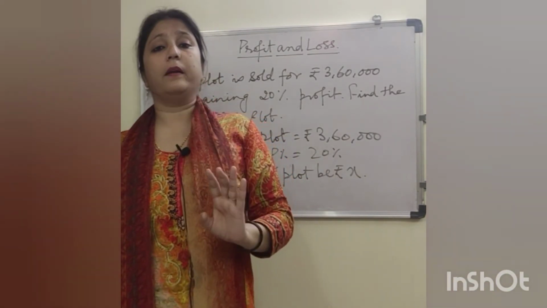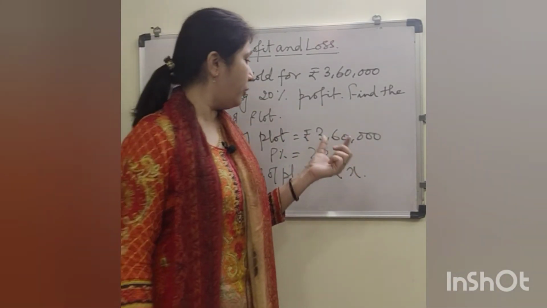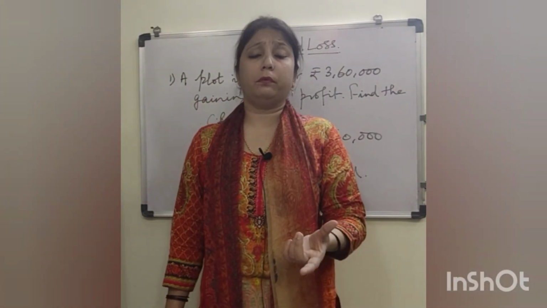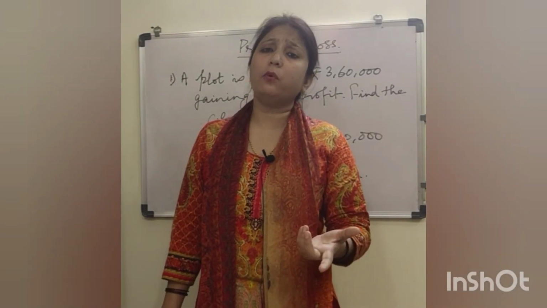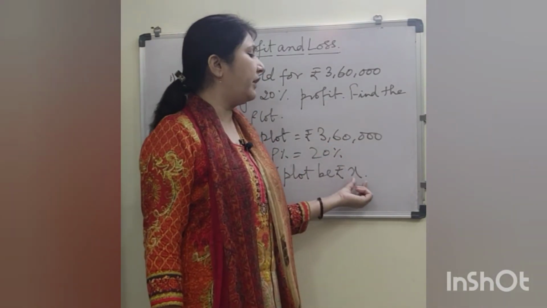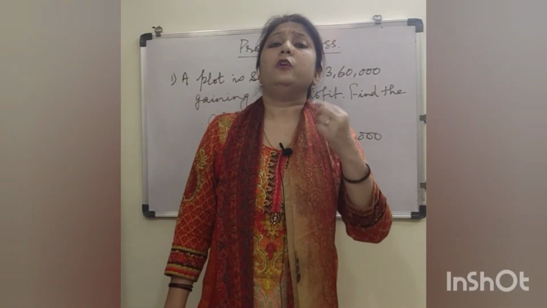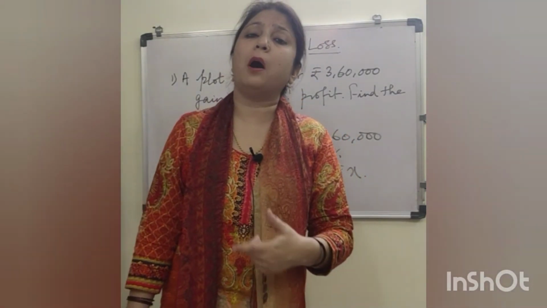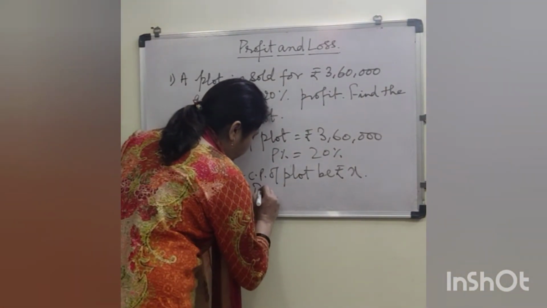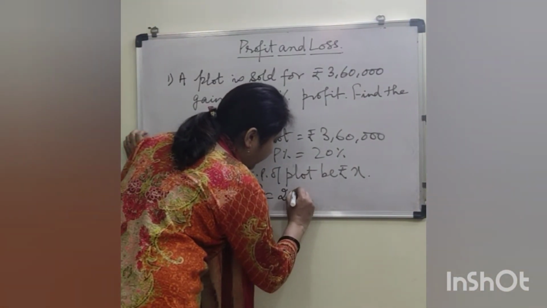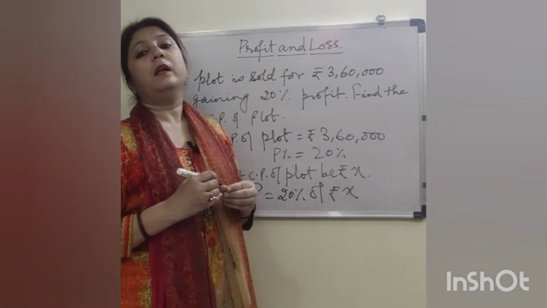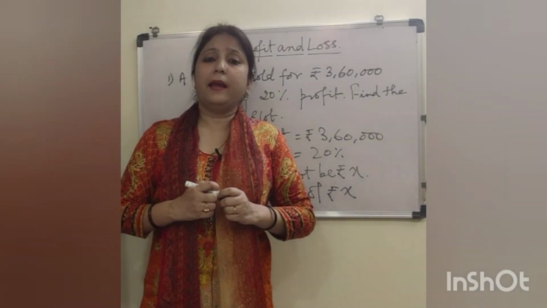You cannot add. So for that you have to convert this percentage into an amount. So where to go to convert it into an amount? You don't have to go anywhere. Whatever is your CP, you calculate that much percent of the CP, your percentage will convert into amount automatically. Like your profit percent is 20%, so your profit is equal to 20% of your CP, that is rupees X.